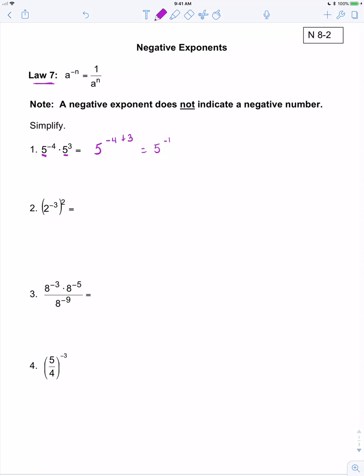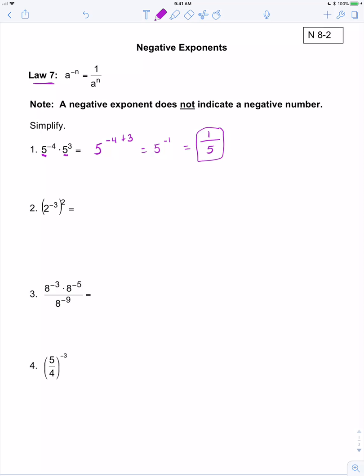And then we think, okay, what do we do with those negative exponents? Well, we put them on the bottom and they become positive. Remember, anything to the first power, we don't really have to write that 1 up there. It's just assumed that it's always 1. So you can leave that off if you like, or you can leave it on there, either way. Hopefully that makes sense. If not, then